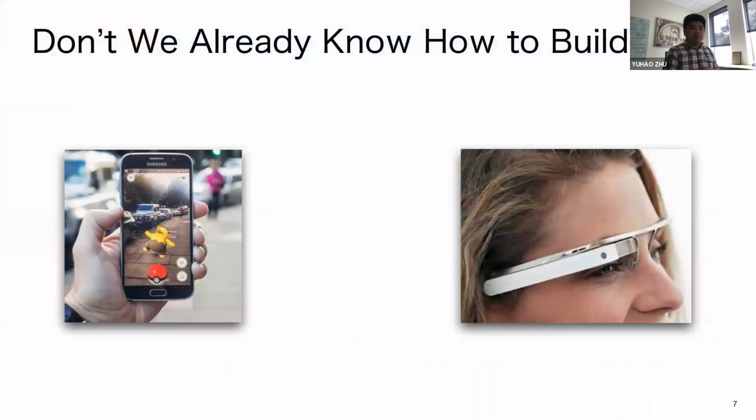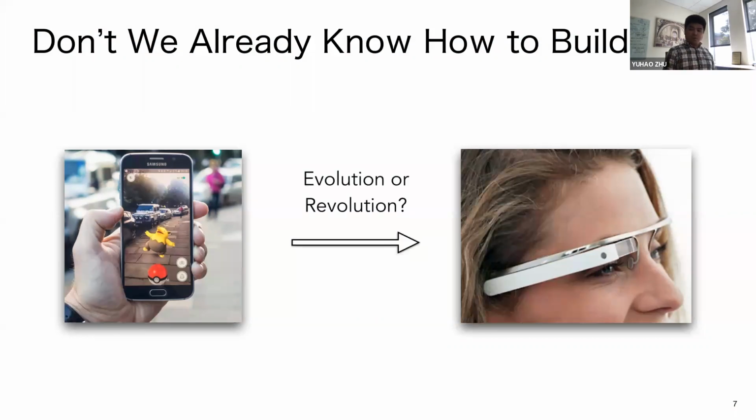Now you might be wondering what's interesting about this. I mean, we all remember, on the left is the wild Pokemon Go game. That was an internet sensation, and it was a real AR application running on commodity smartphones without requiring any extra hardware. So, from what we know how to build to what we envision in the future on the right, is it going to be a natural evolution of technologies, or is it going to take some sort of revolution? And in this talk, I'm going to make a case for revolution.